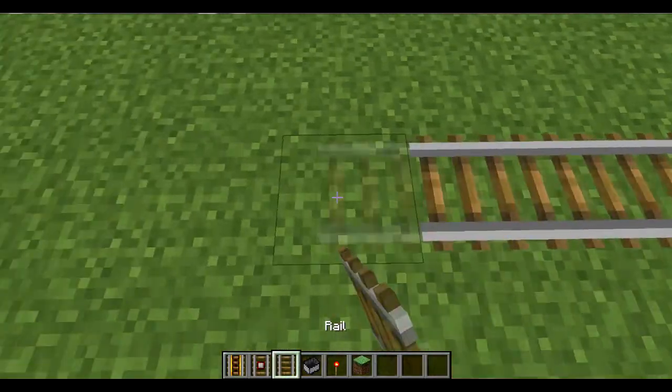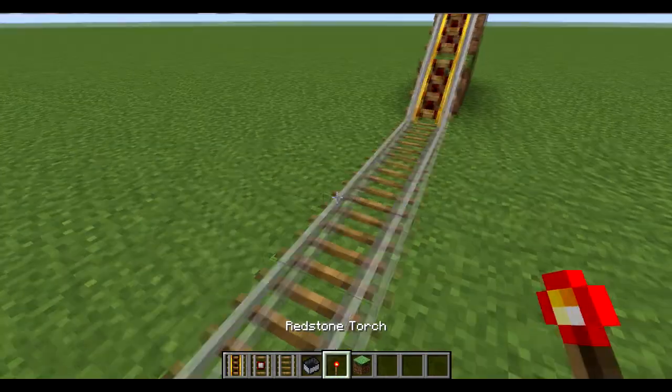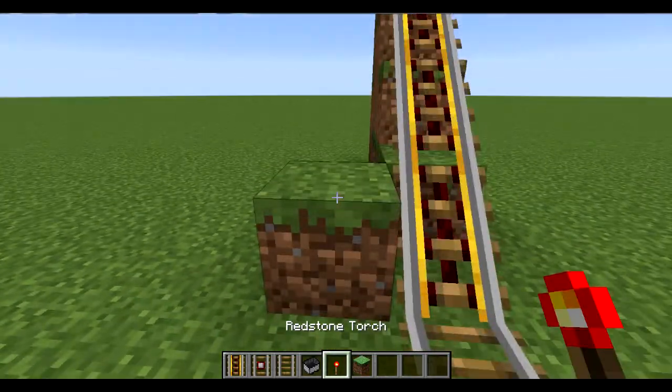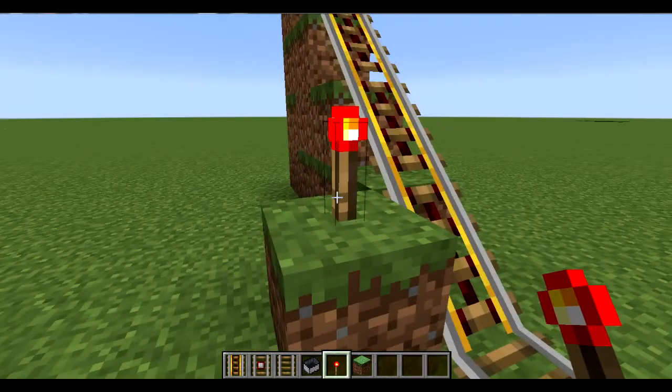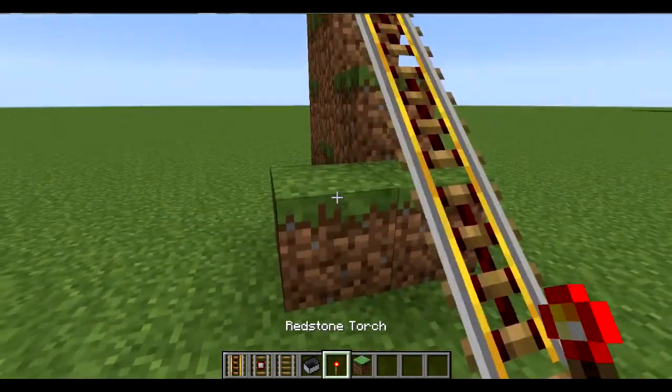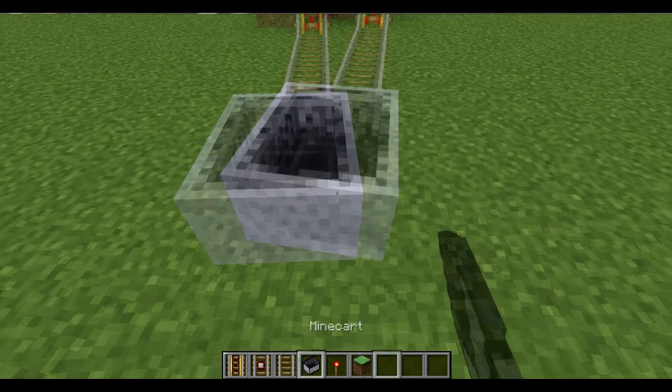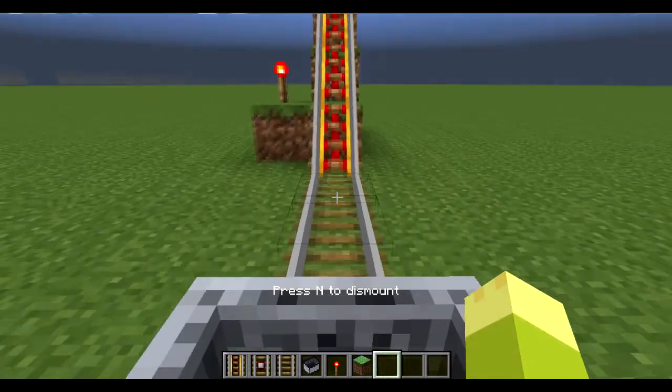If you don't put enough power rails going uphill, then you're not going to gain enough speed and it is going to bring you right back down. Go ahead and put my redstone torch. Let's put my redstone torch in the right place this time. There we go. And I'm going to put my minecart on here to kind of test how far this will